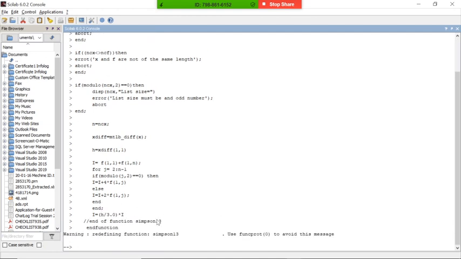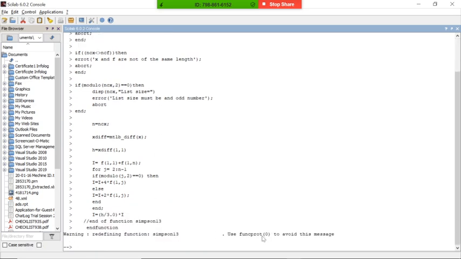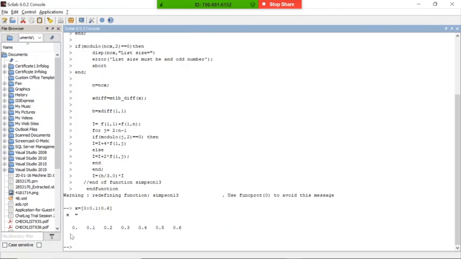We are just redefining because I have already executed the function, so it is redefining things, that's it. So now I will add x is equal to, sorry, it's not 1, it's 0, and 0.6 is our last value. So we got 0, 0.1, 0.2, 0.3, 0.4 and the rest in x.